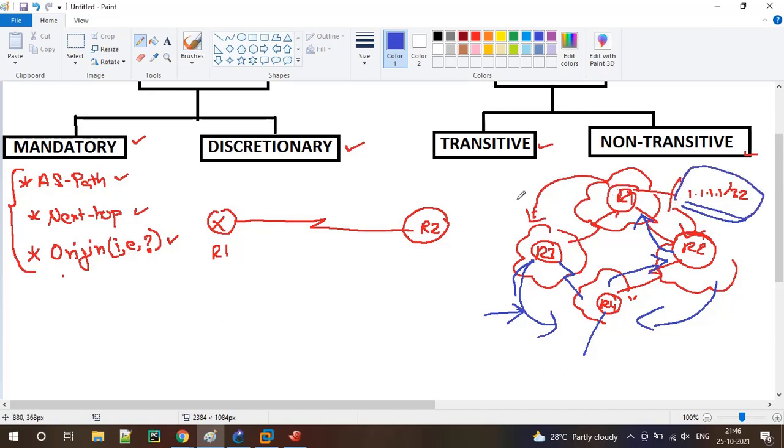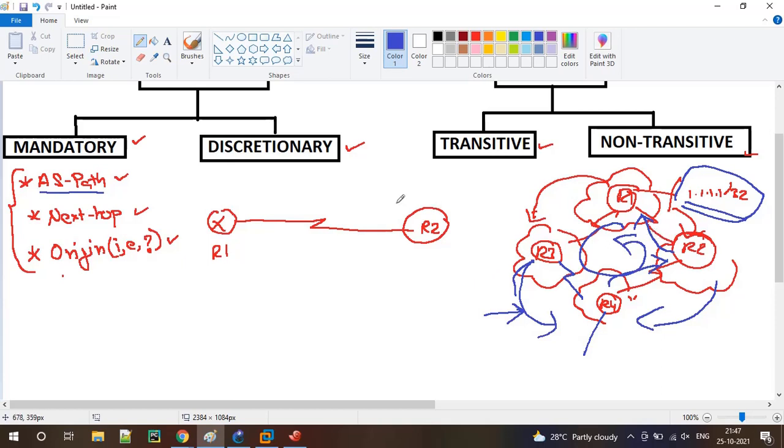It goes via R3, then R4, then R2, and finally is received again by R1. This is where the loop occurs. If we don't have the AS path attribute, R1 doesn't know whether it can install this prefix in its BGP table or consider it as the best path, because without the AS path attribute it can't tell that a possible loop will occur if it installs the route update coming from R2.